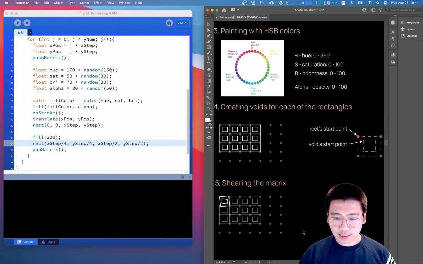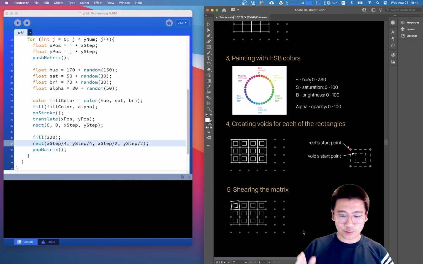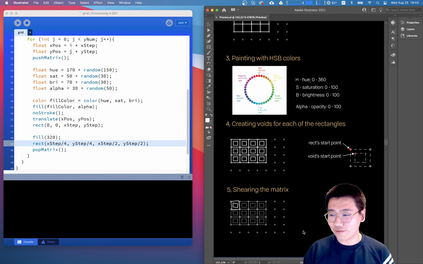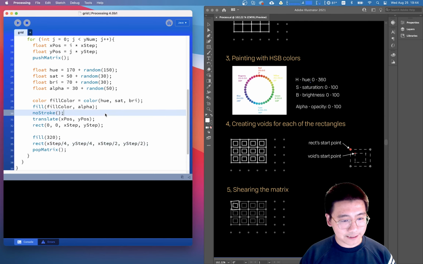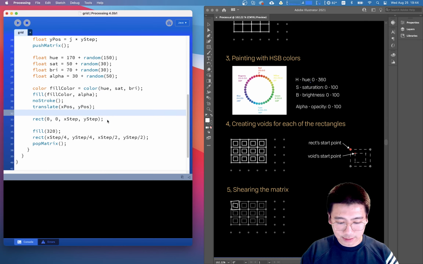Oh yeah, the next step is to shear this matrix to this form or transform these rectangles according to the shear value we provided. So I want to say where I can change here. I can say translate. Yeah, I can do this here. I can say shear x, sorry, misspelling here, shear x equals to random